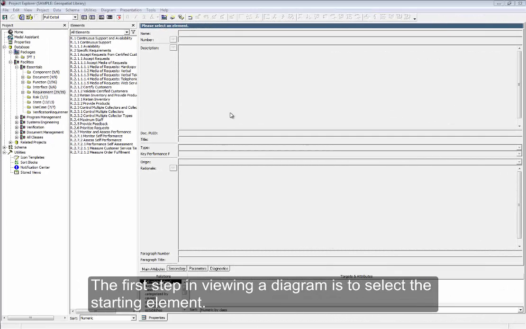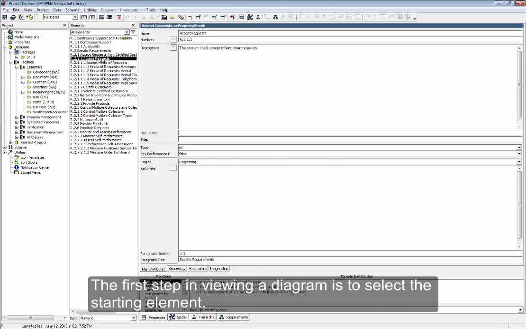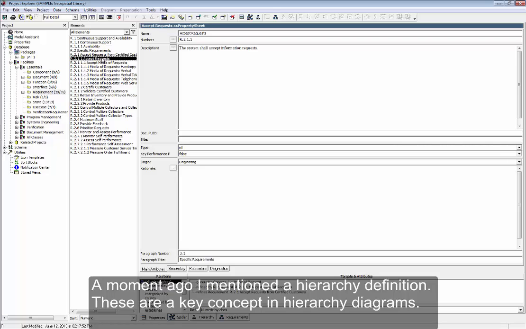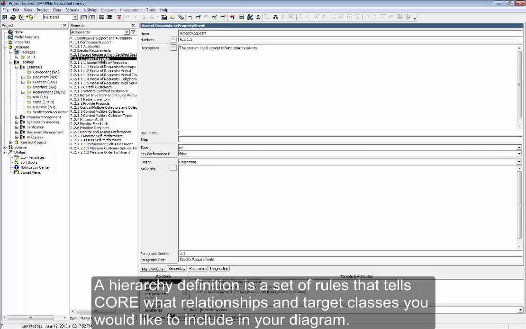The first step in viewing a diagram is to select the starting element. I'll select Accept Requests. A moment ago, I mentioned a hierarchy definition. These are a key concept in hierarchy diagrams. A hierarchy definition is a set of rules that tells Core what relationships and target classes you would like to